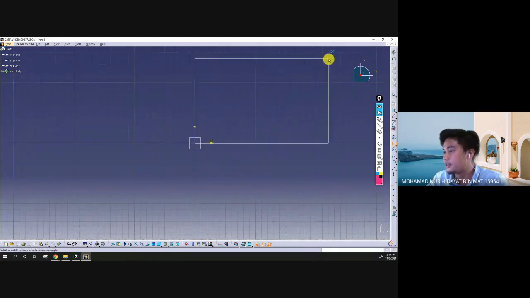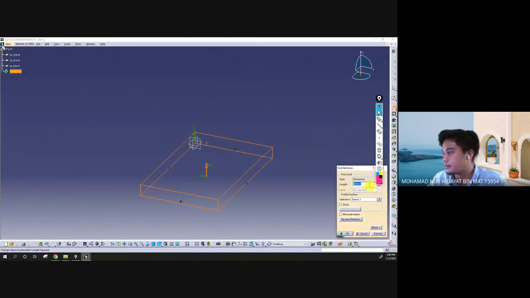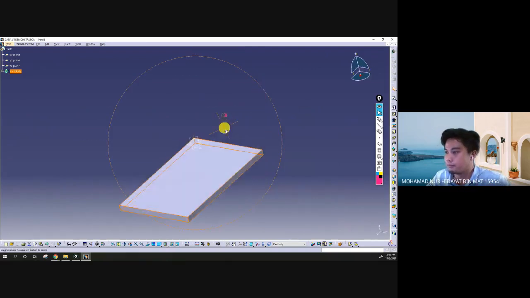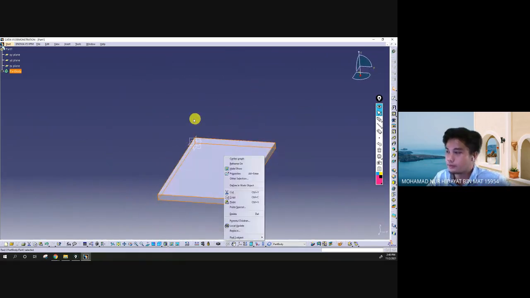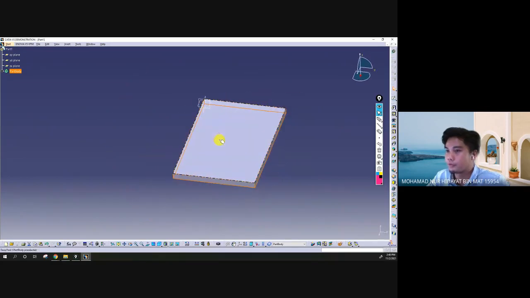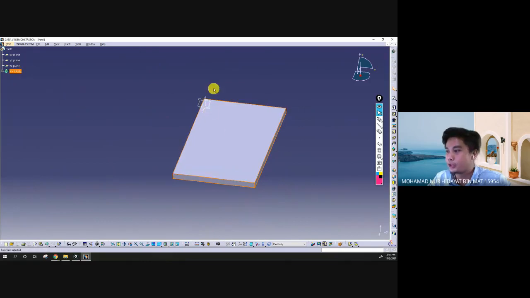I want to design the floor. This is my floor. I do the extrusion, maybe 10 mm. I can preview. This is your model. You need to rename it here as your model. And then if you want to create the floor,